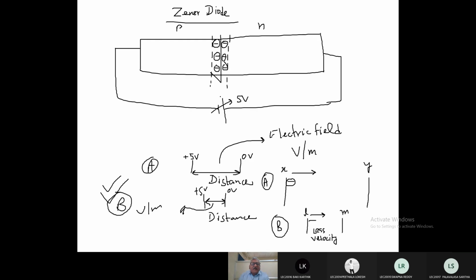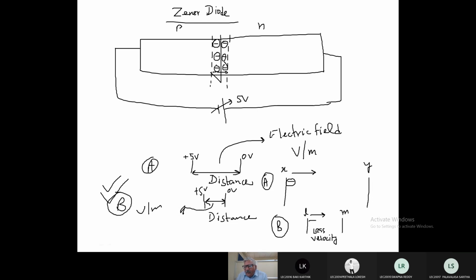Okay. Now you see this case, Zener diode. The depletion region is very small. So suppose there is one free electron this side. If it starts moving, then it will not gain a very high velocity because space is less. So with less velocity, if it strikes any atom, what will happen? Electron will not come out from the lattice, right? Because less speed electrons are striking the atoms. That's why electrons will not come out from the lattice of the atoms.